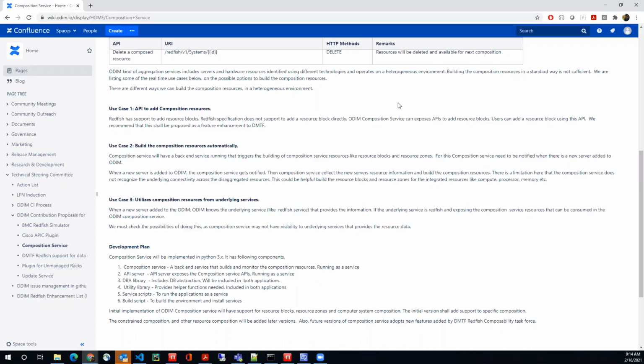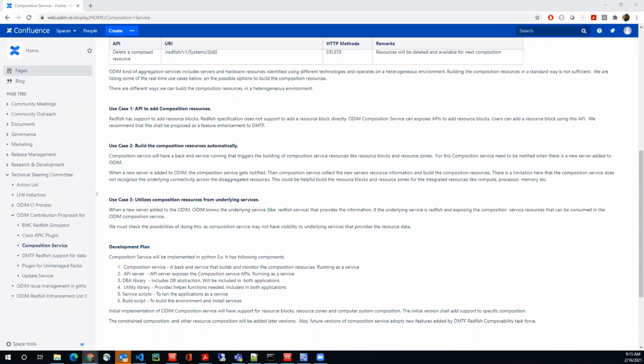So DMTF compliance means that we comply with the API definitions in the Redfish spec. Yeah. There may be APIs outside of Redfish that have been defined as well, and yes, they will upstream them into Redfish if possible. Kind of an OEM extension, something like that. Well, let's not go there. That's a scary thing, OEM extensions. But you know, there's nothing to stop us from creating a POST request to compose a new resource or create a new resource block. It's not defined in the spec, but whatever is defined in the spec, we would be compliant with.